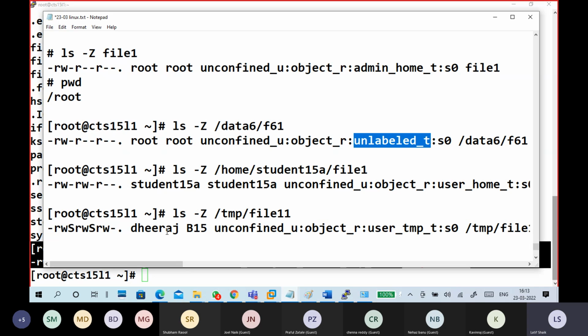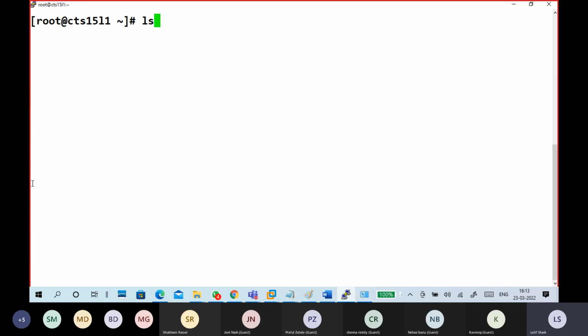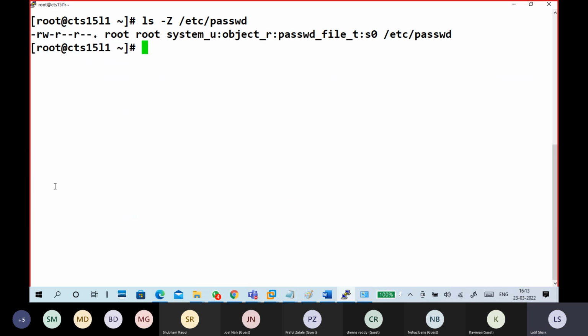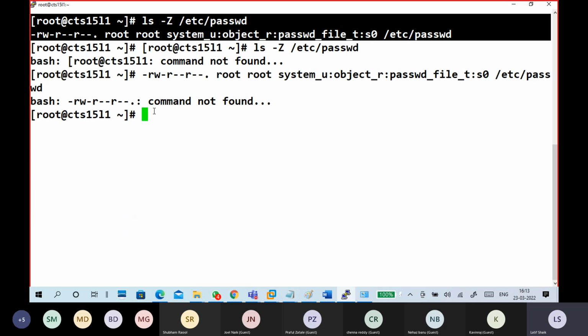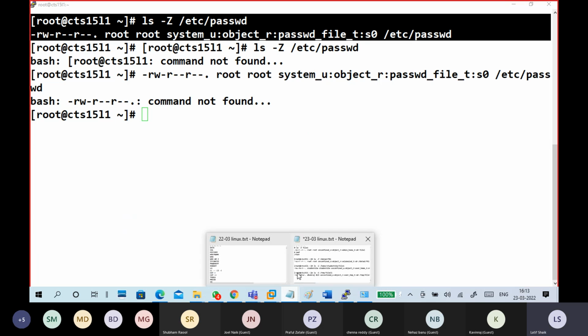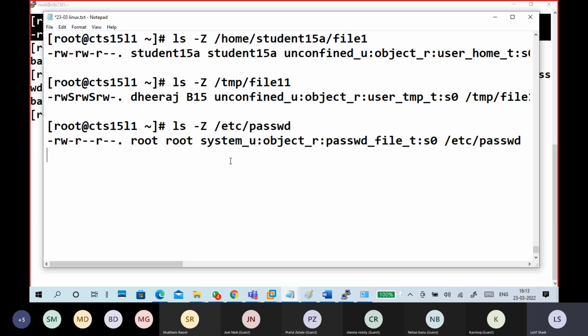Same goes for so many things. ls -Z /etc/passwd will tell it is a password file. Okay, like this, every file has a content. These are all the contents on the file.